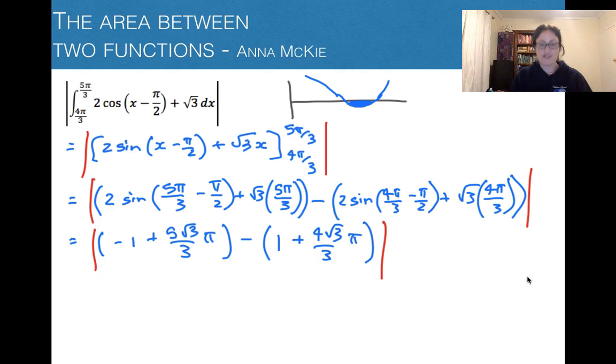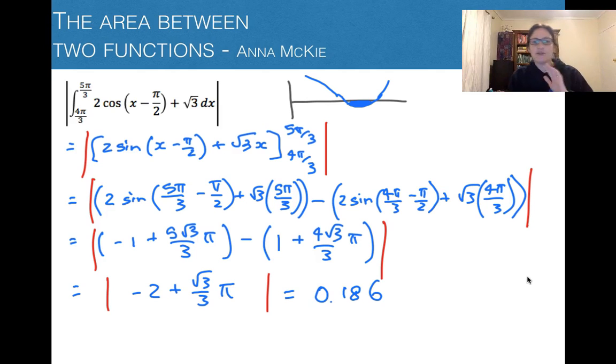Finish off our modulus. I suppose that's the reason with modulus. You might forget to put the end on, and so it might be better to be using the negative out the front all the time. Up to you. Equal to, we have the -1 here, take 1, that'll give us -2, plus we have root 3 on 3 pi, and our decimal equivalent to that, now feel free to leave it like that, but you need to make sure that's a positive, will be